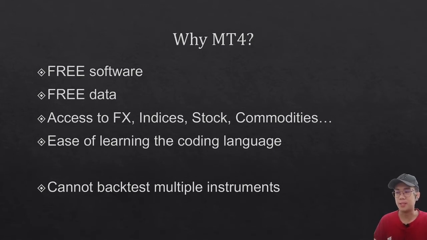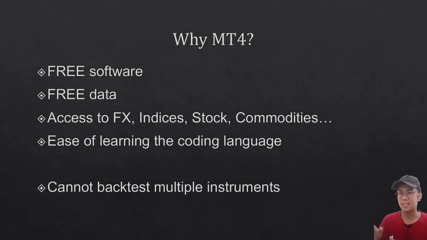So like the ones that I suggest, IC Markets and Think Markets, these are actually providing very good data. Comparing to the stock market, usually they only provide a daily time frame of data. So it's very difficult for us to use a robot to trade on the daily time frame only, which means your robot will only execute one trade per day, and that is very bad. So for MT4, the best thing is that you can reduce the time frame all the way down to 1 minute charts, which gives your robots the maximum output of 1 trade per minute, and that is the best thing of it.